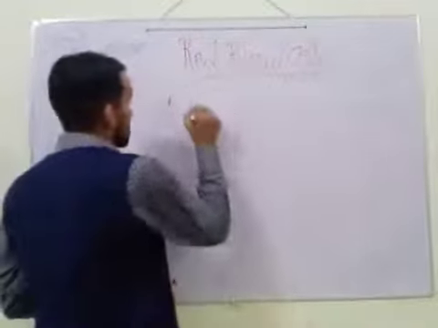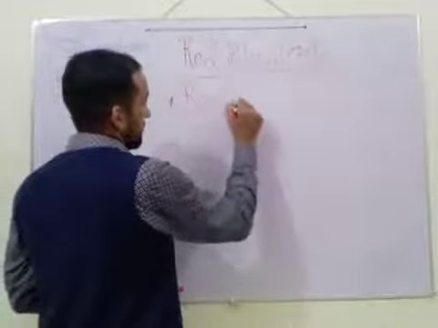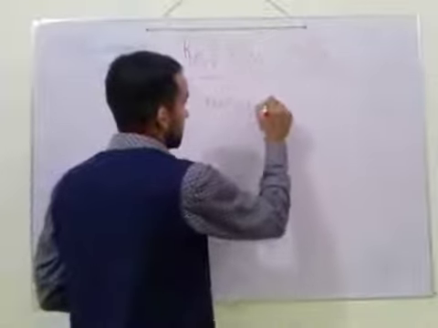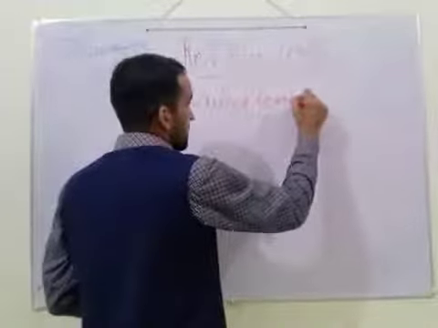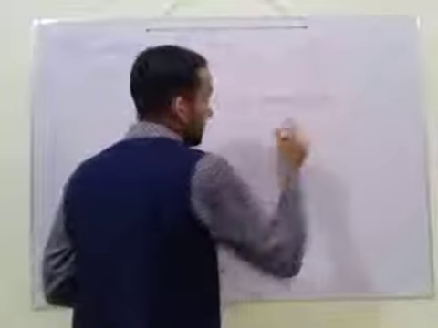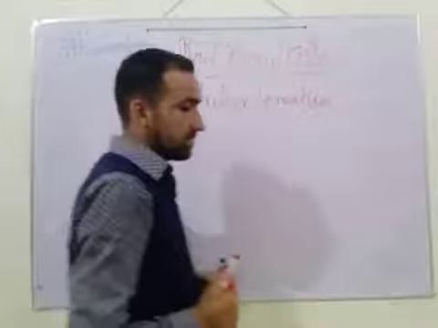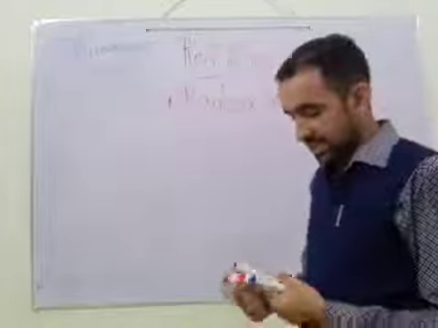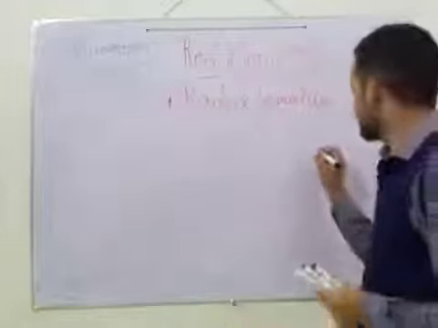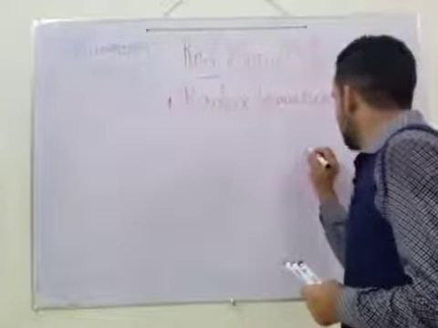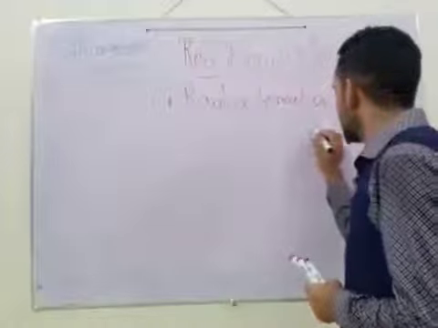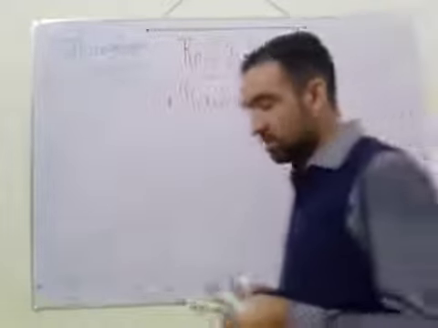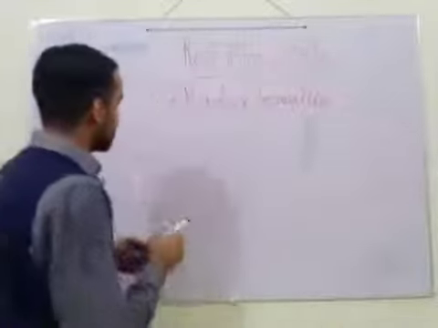So the first one is, what are the properties of red blood cell. Rouleaux formation. What is Rouleaux formation? Whenever the blood escapes from the vascular system, the red blood cells become a pile of coins. This is called Rouleaux formation, and this is a property of red blood cell. The second property of red blood cell is